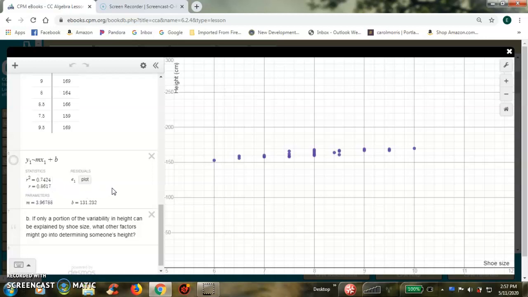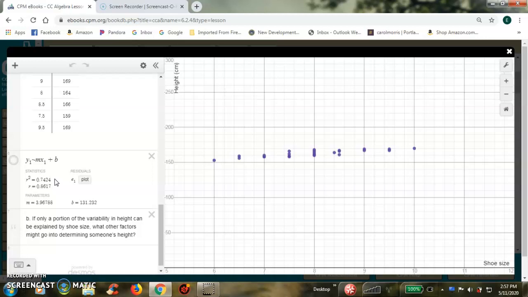Okay, so listen carefully to this and see if this makes sense to you. What we can say now that we have R squared is that, and this is rounded, 74% of the variability in human height can be explained by a linear relationship with shoe size. Right, so we can think of this R squared as a percent. Oh, that's a pretty good percent, right? So 74% of variability in human height can be explained by a relationship with the shoe size. Now, there are other factors.